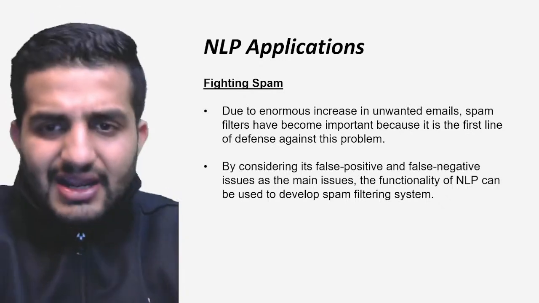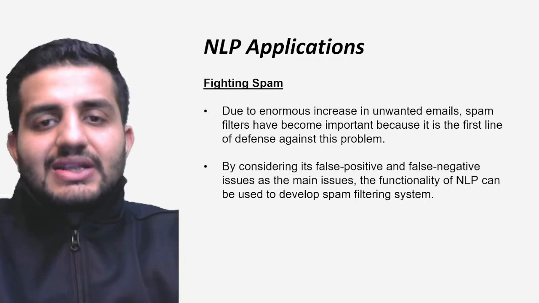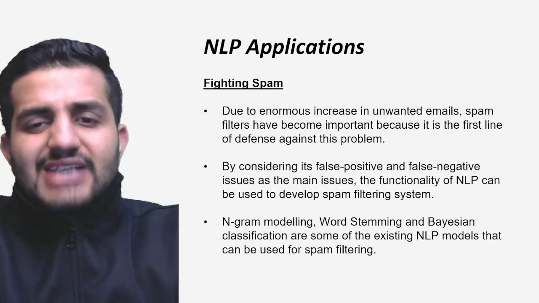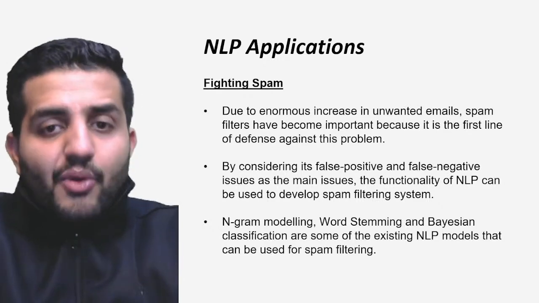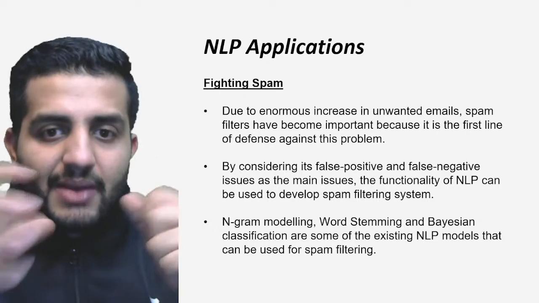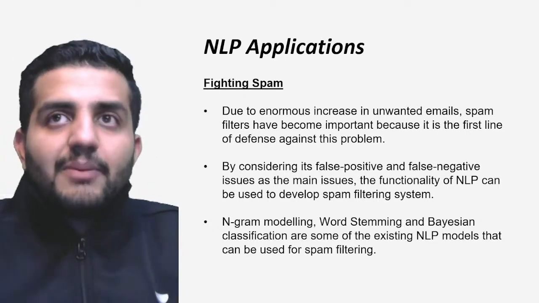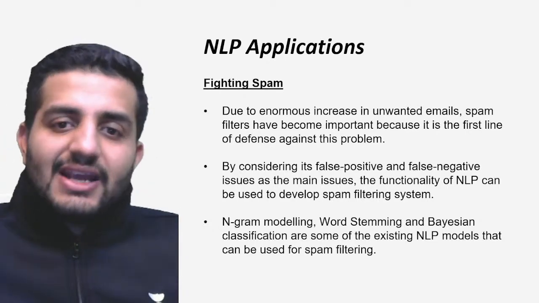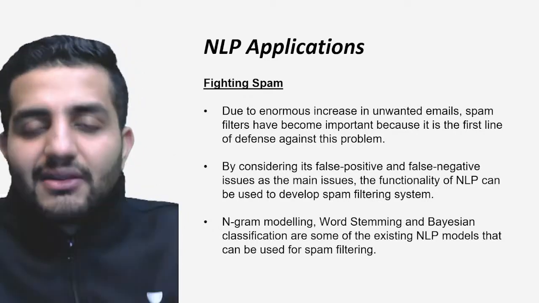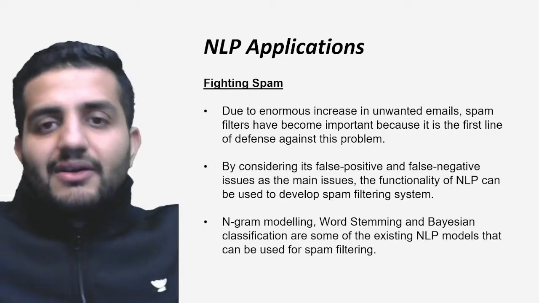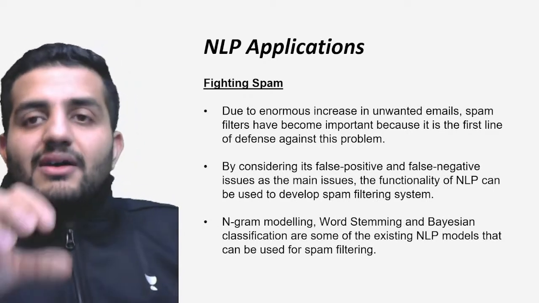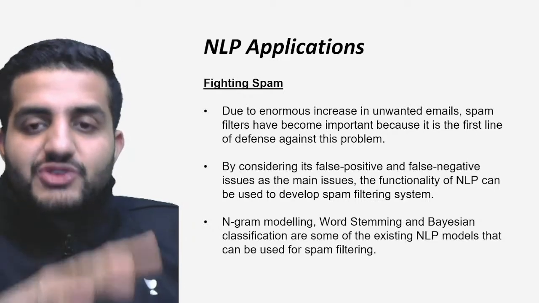So it's considering the false positives and negatives, and based on that it is doing it. Technically there are a lot of things happening in the background, like n-gram modeling. It is able to understand the relationship between my text. For example, somebody gives me a mail saying sale, sale, sale, right? It is able to identify the relationship here: sale, sale together could be a critical highlighter for my spam, right?